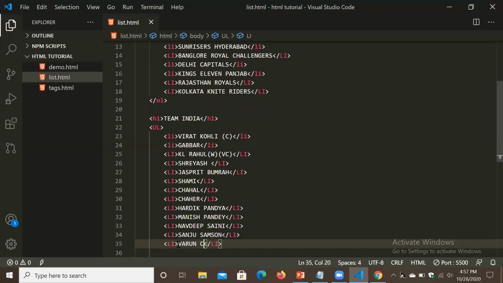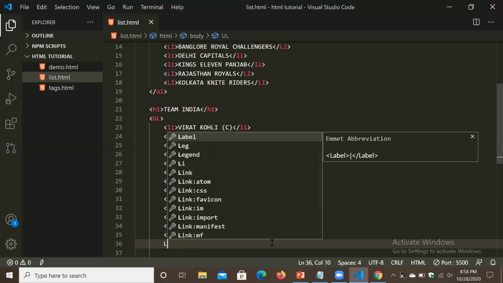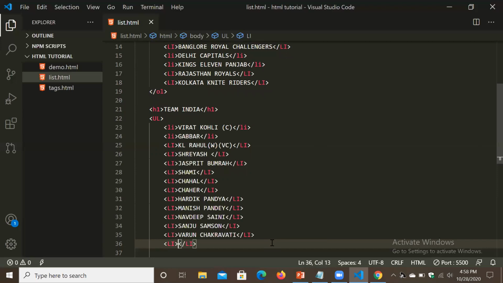And the next one is Varun Chakravarti. I think he is for T20, but okay. 1, 2, 3, 4, 5, 6, 7, 8, 9, 10, 11, 12, 13. 13 members. We will have to add another two members. I think, yeah, Mayank Agarwal.